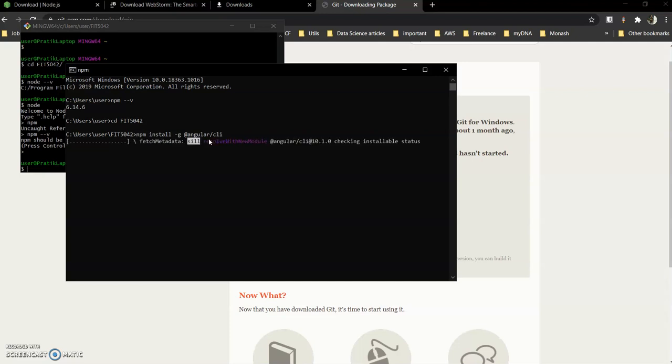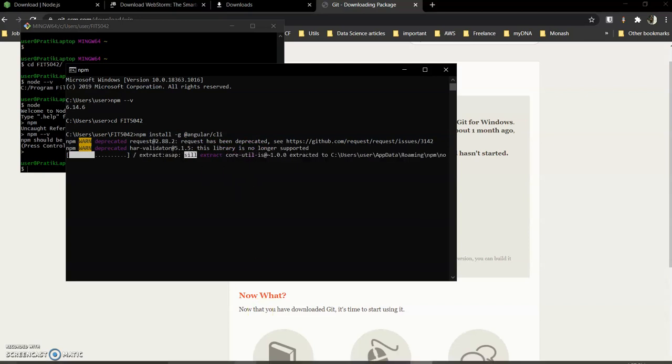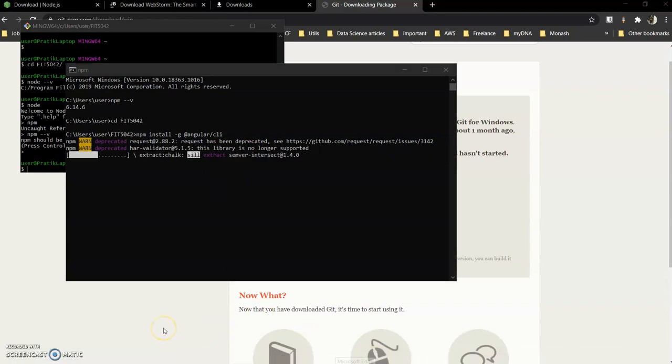Now it would fetch the Angular CLI from the Angular website. Meanwhile, we would create a new folder named week 6 exe student in WebStorm. So we'll launch WebStorm.